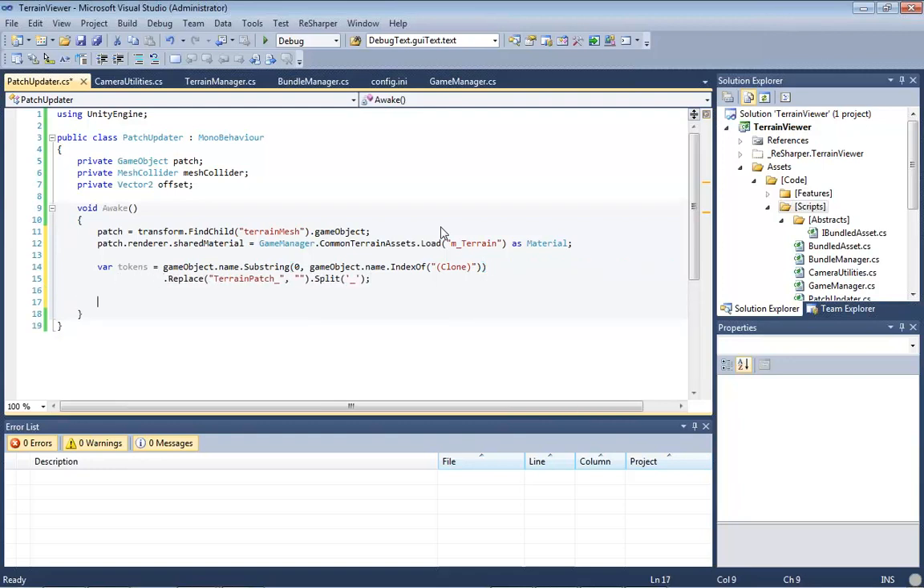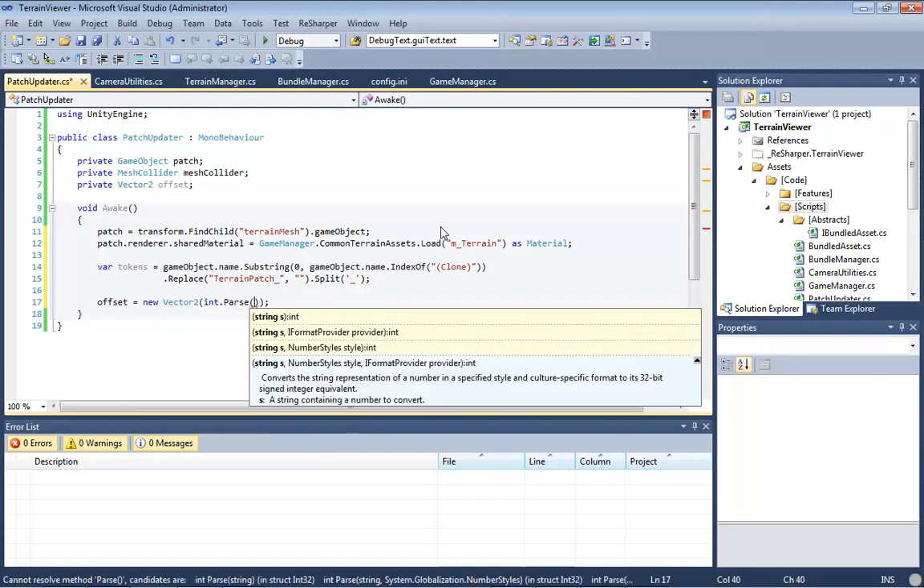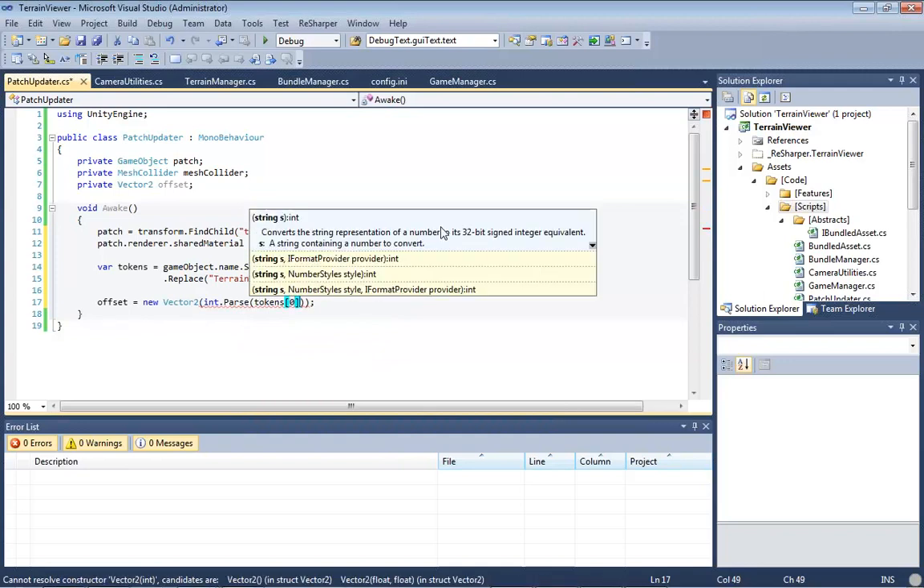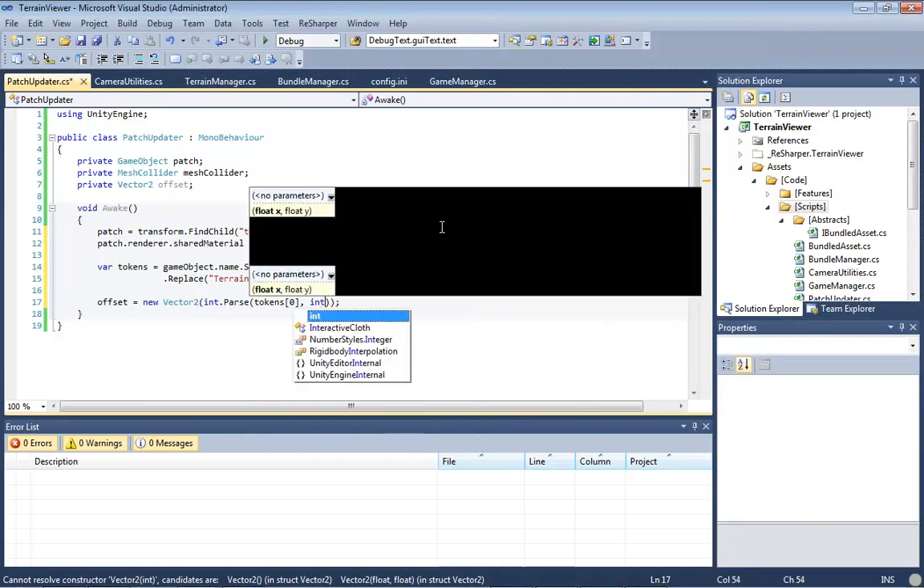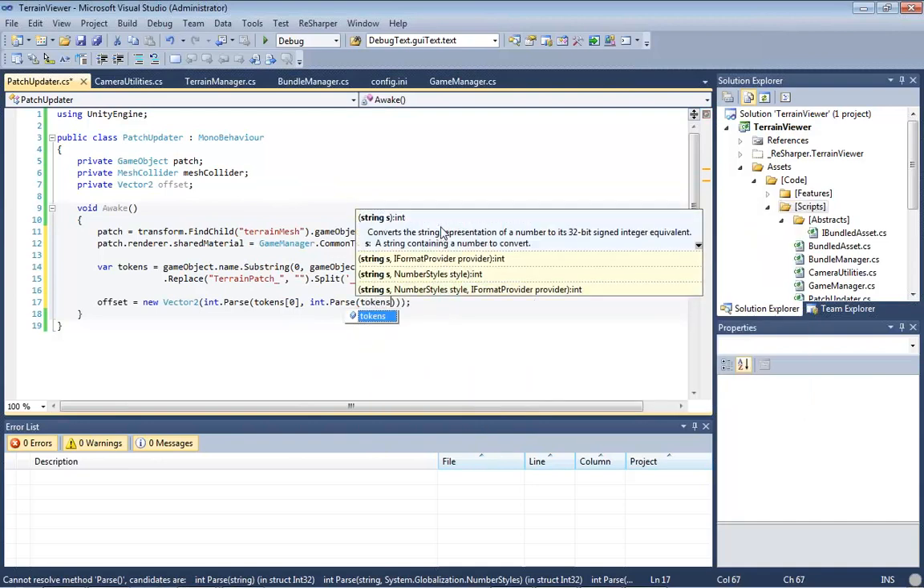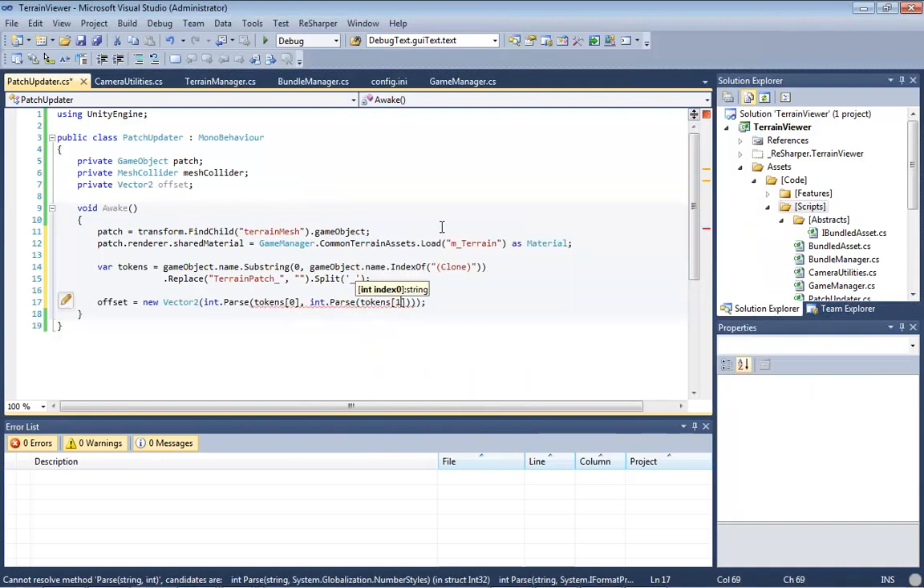All right. Okay, once I've got my tokens, I can say offset is going to be equal to a new Vector2, and I'm going to get int.Parse. We're going to look for tokens element 0, and then int.Parse tokens element 1,